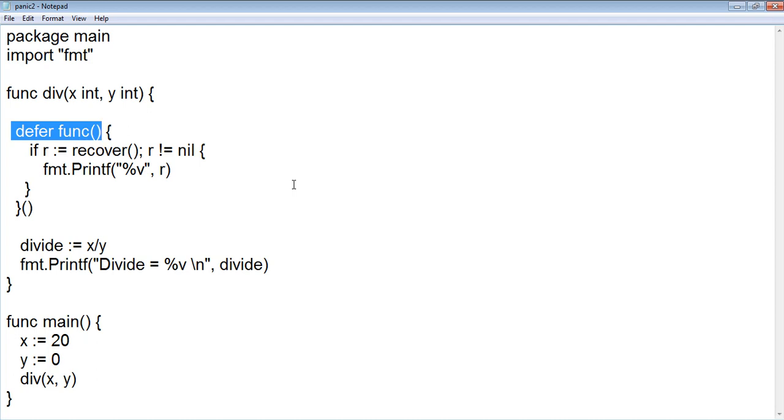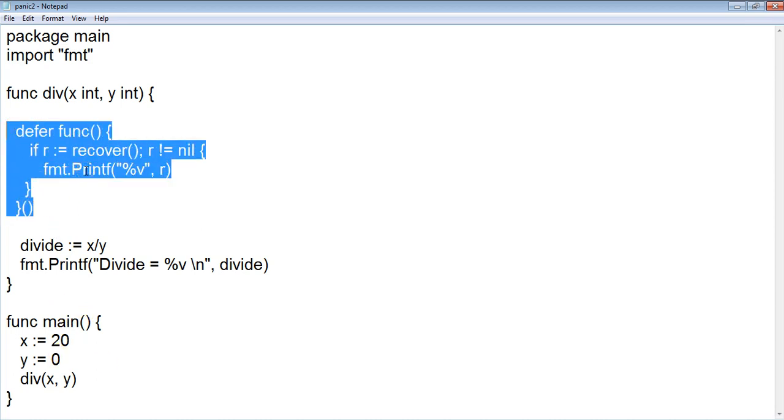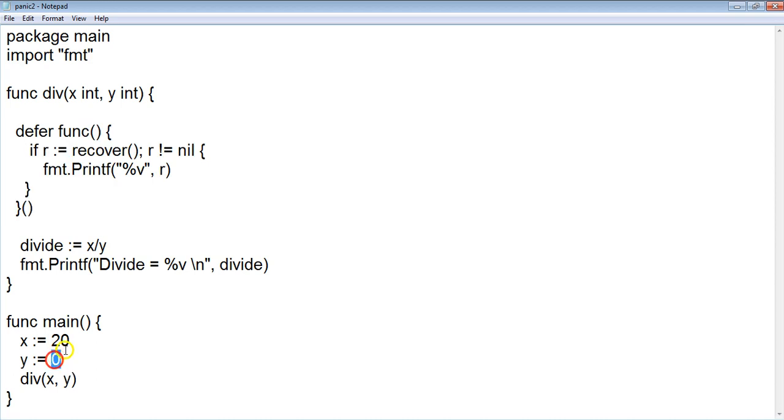Okay, so in other words, when y takes normal values, that is something which is non-zero, this particular routine will never be executed. It will be postponed to the next execution. It will be only executed when you have a value of 0 for y, that is the value of 0 for denominator in this particular scenario. If you have a divide by 0, it's going to give you a runtime error. Okay, that time only this defer function will be called.